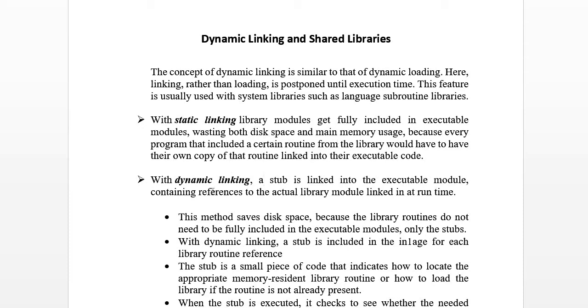Whereas in dynamic linking, we use a special piece of code known as a stub that is linked into the executable module.